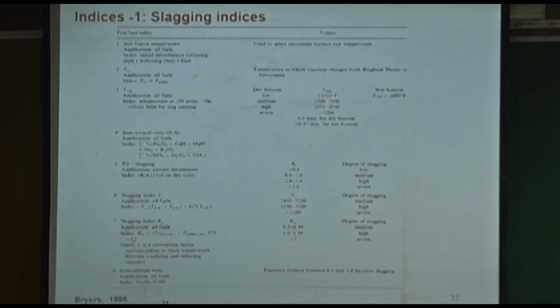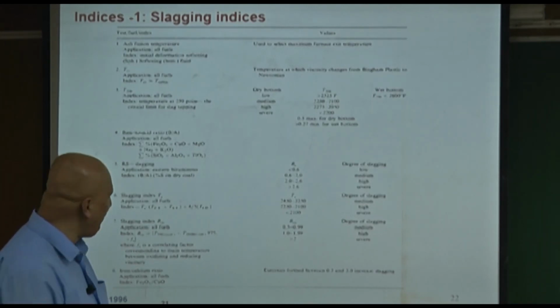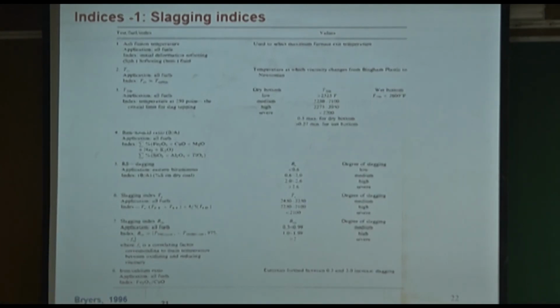So there are all sorts of slagging indices. We have talked about the problems: this creates this, that creates that. This is good, this is bad. Together with this, they create havoc, etc. So what the engineers do is,